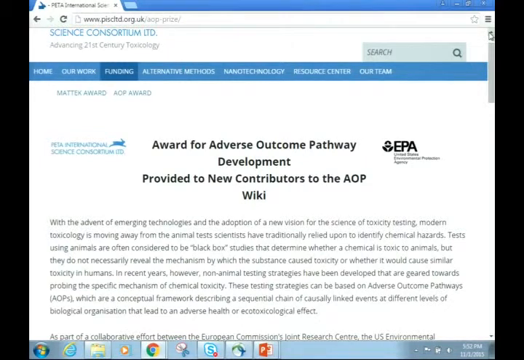Final consideration relative to AOP development as well. One of the questions we get is, it seems to be a lot of work, so what's in it for me in terms of career development? One of the things that came out of the most recent OECD meeting was, once we go through this process of reviewing these, how do we get credit and publish these, so that it's something you can put on your CV, something that somebody could cite.